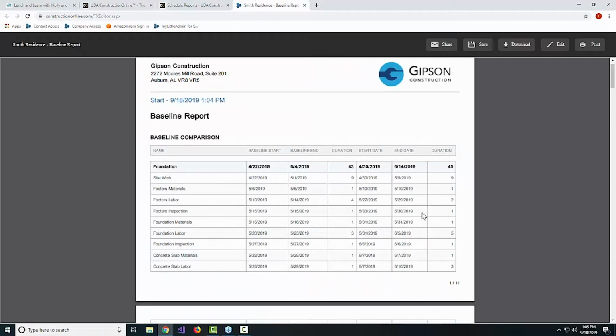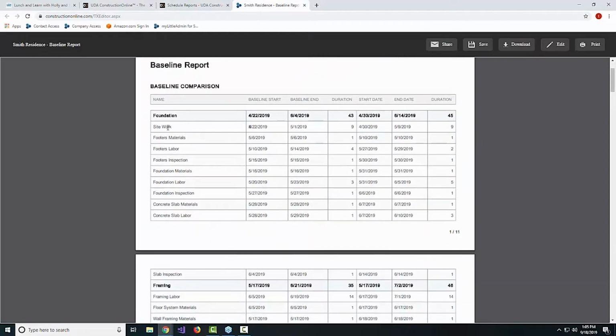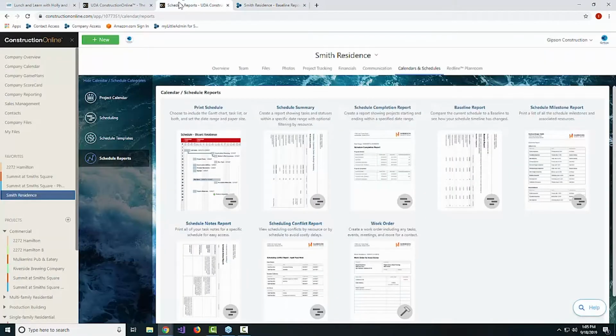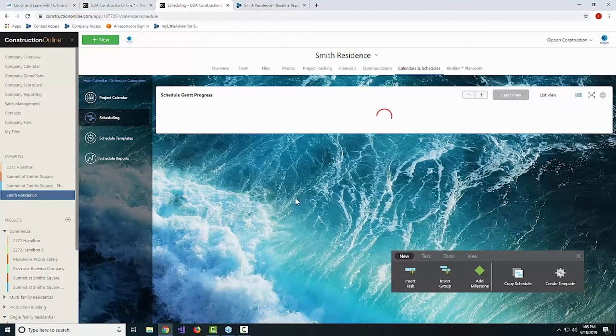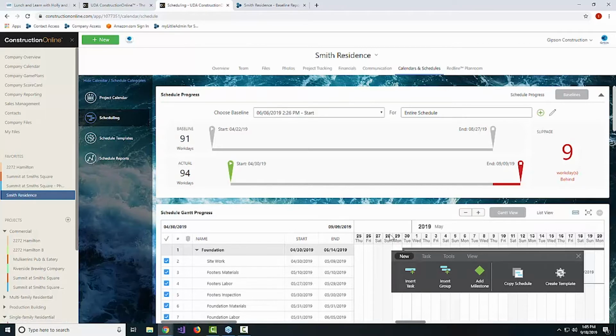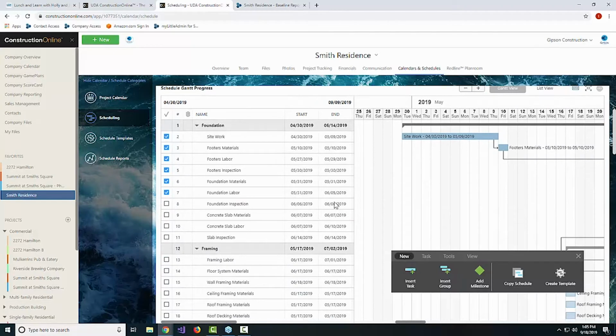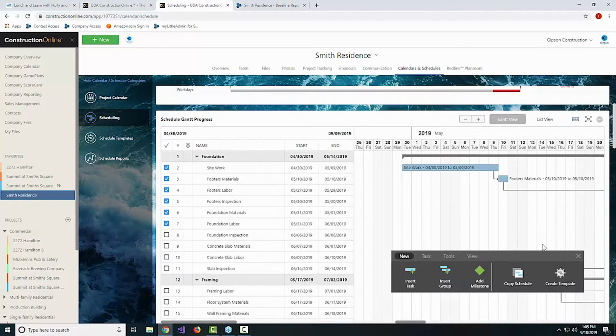Something that you could do is add in a new scheduled task, maybe inserted between 2 tasks that serve as predecessors at that point, to push the schedule out. You could title that rain delay or equipment delivery delay, whatever the delay reason is. You could actually put that into the schedule, which is then very obvious when you run a baseline report to see what actually pushed the schedule out, because you'll see on the variance report,